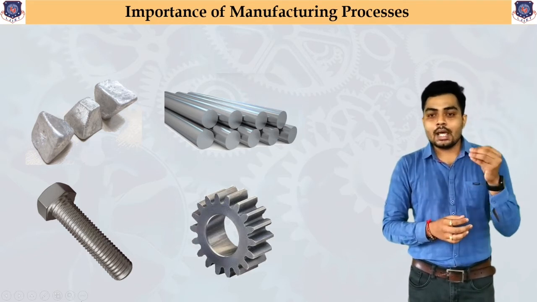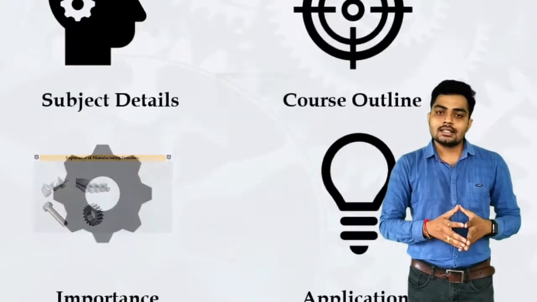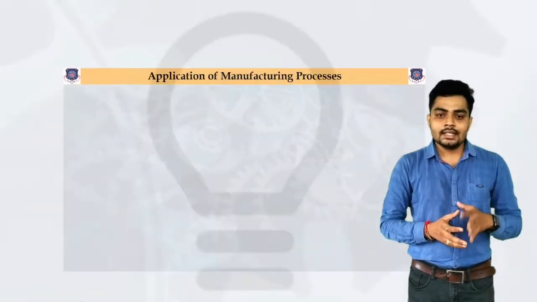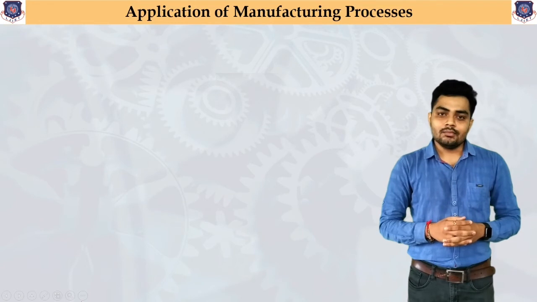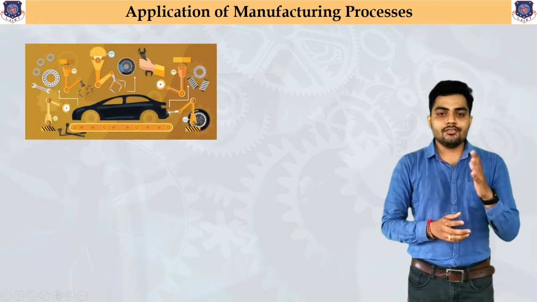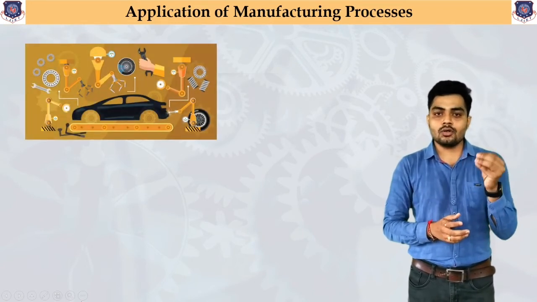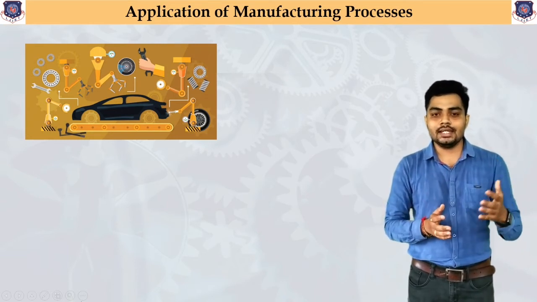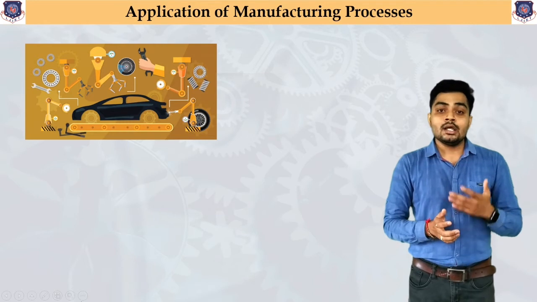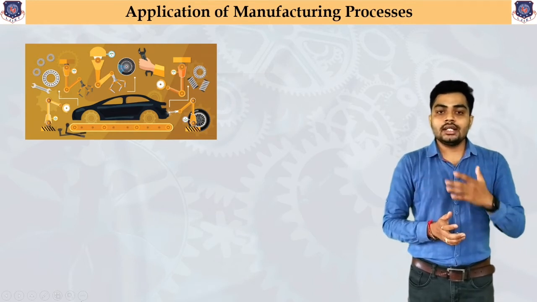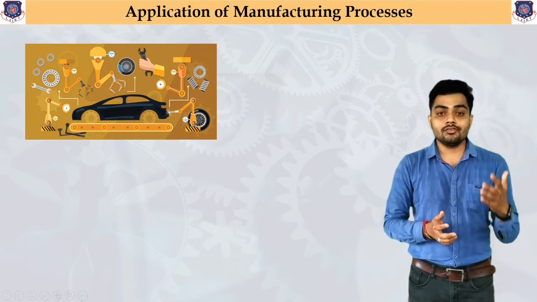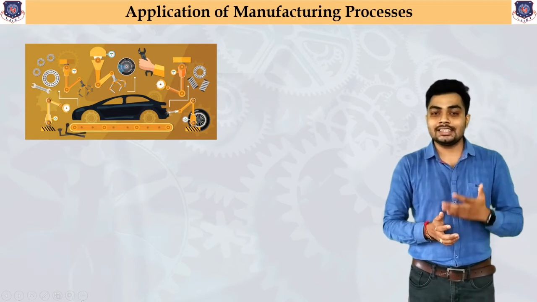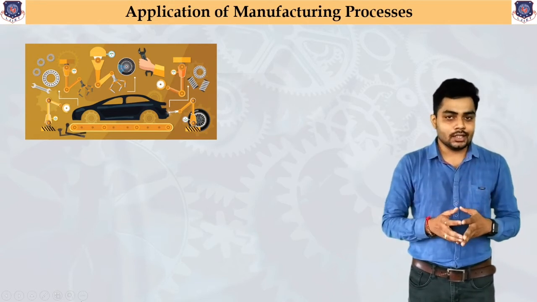Now, where is the application of this subject? Let's see, different car parts are available, and among these different car parts, as you can see, from the smallest wrench to the different basic parts, such as the spring, maybe a differential, maybe a tire, maybe its rim. All these different types of parts are manufactured using the different machines that you are going to study in this subject.